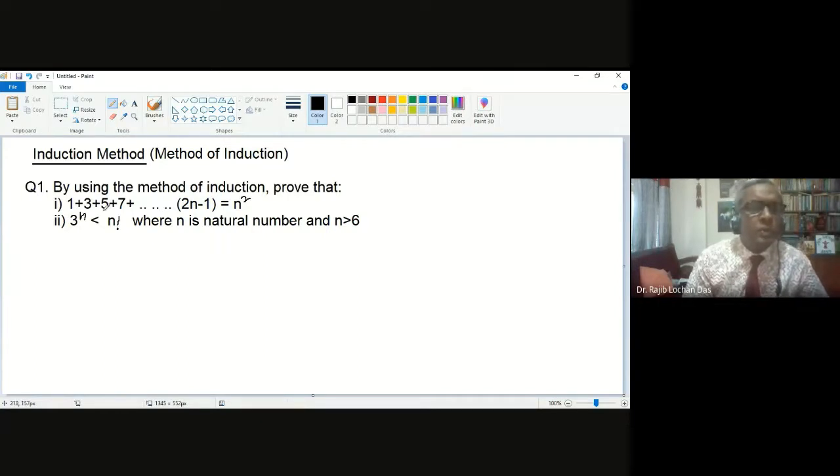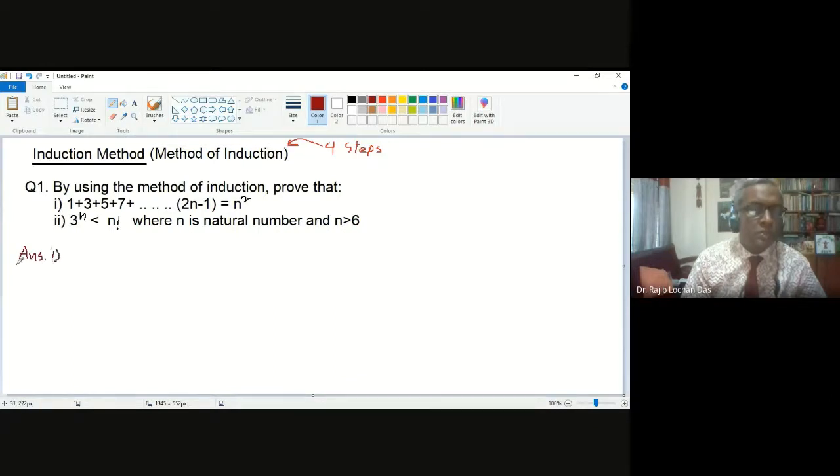So for the first one and second one, you apply the method of induction and definitely you apply the same pattern. So in the method of induction, what is the pattern? The pattern is you will have 4 steps. So what are the 4 steps? I'm just writing one by one, then you will understand. In the exam answer script, you do not need to write the step number 1, step number 2, no need, but you have to understand and you have to follow.